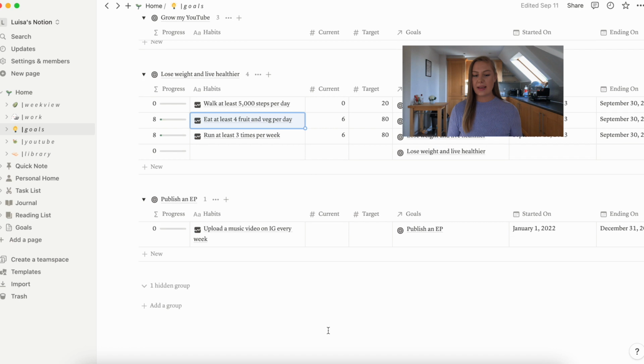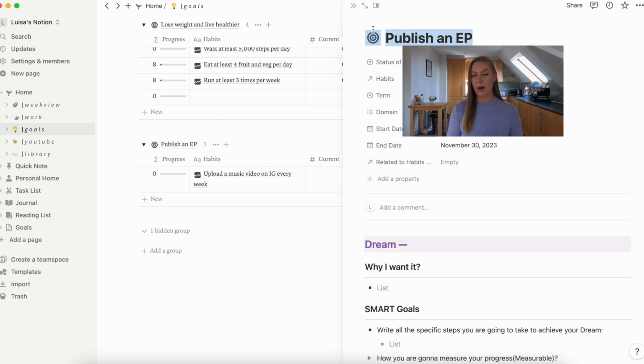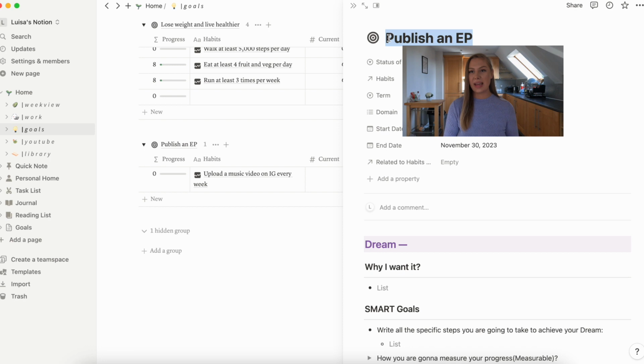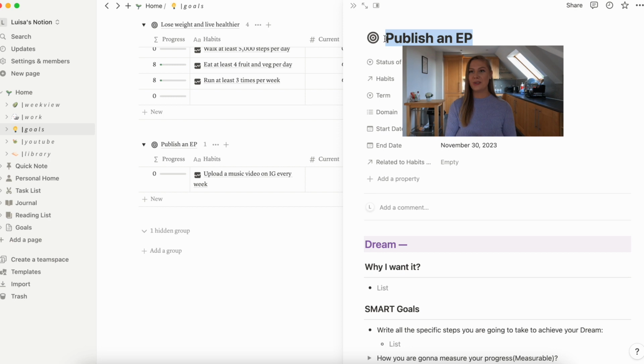This next part is one that I need to work on today, actually. I don't think my goal is to publish an EP, and I am struggling to come up with a goal for my music. People always ask, what is the end goal? What do you want? And I honestly don't know. I love singing, that's all I know. I love songwriting, I love making music. For now, music is a hobby. Obviously, if I got the opportunity to take it further, I would be so happy. I do want to release an EP though, and I do want to release a single. So we're going to keep it as publish an EP, because I really do still want to.